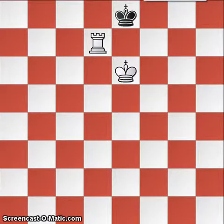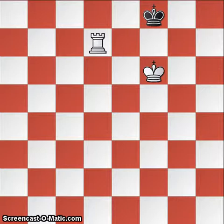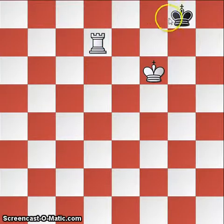and from here the only square the king can go to is off to f8, obviously. And as I said before, you just want to keep the opposition, and you can get like 3-4 reposition moves in this position, but you just have to play a waiting move like rook over to c7, which you will see in a minute. Okay, so king over to g7 now, we're keeping the opposition, but now because,